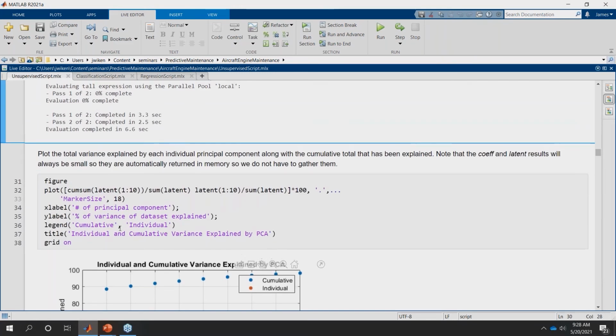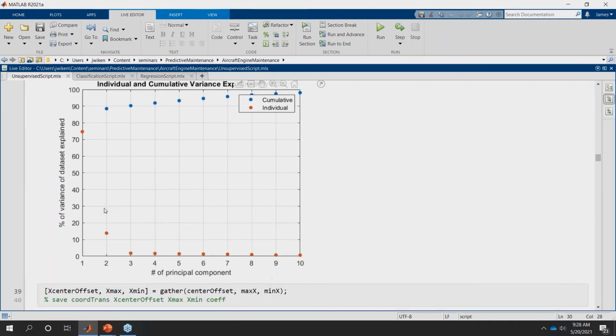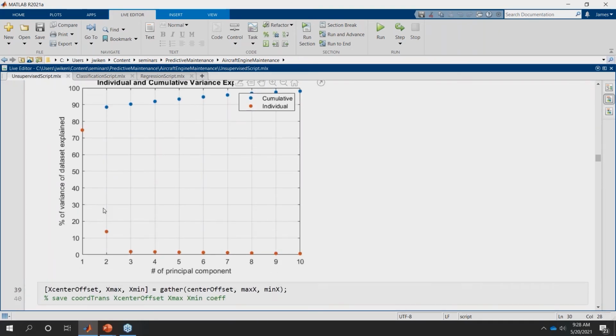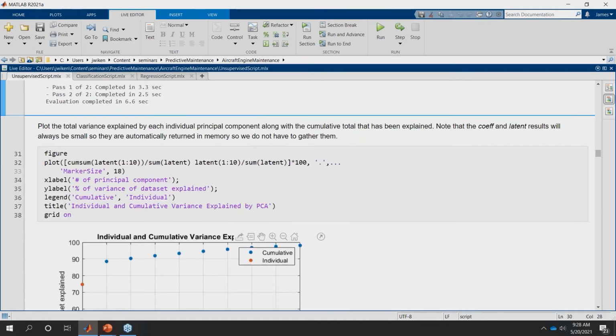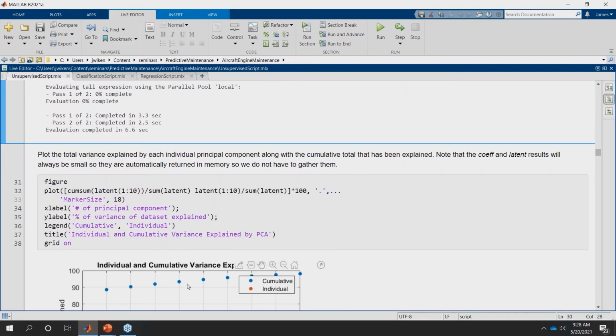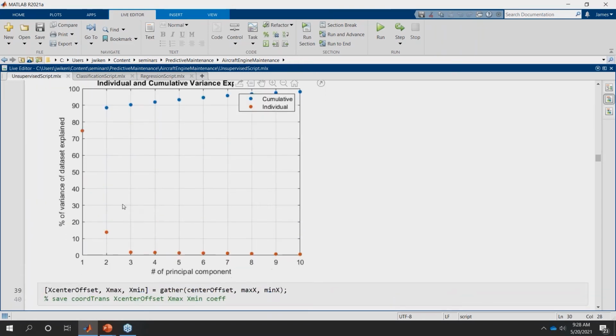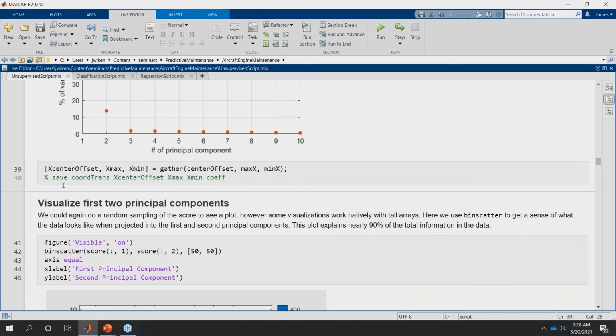That we started with 10 plus sensors or 10 plus features. So this is pretty powerful, because it allows us to take that very high dimensional system that we had before and represent it in a much more manageable and low dimensional way, so that it makes it a lot easier to visualize and work with it and so on. So we're going to take those first two principal components, and that's what we're going to be working with going forward.